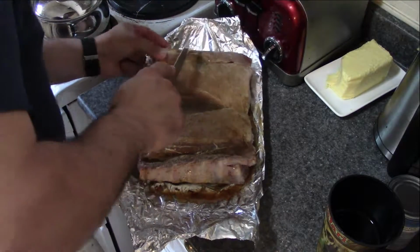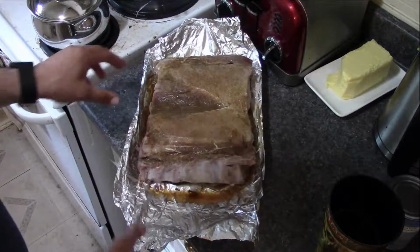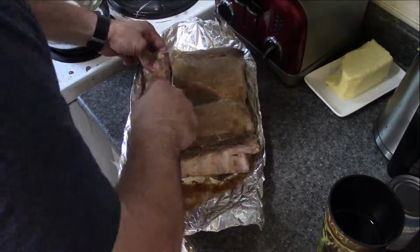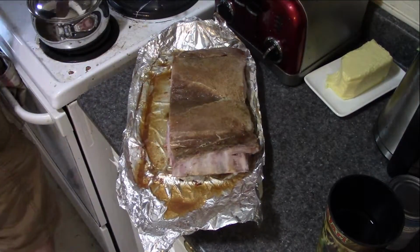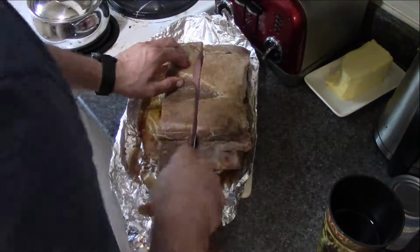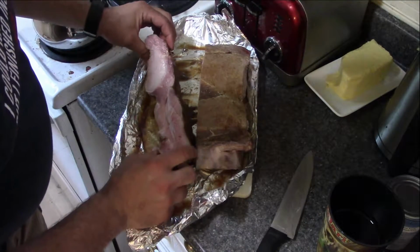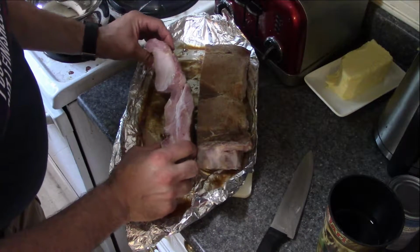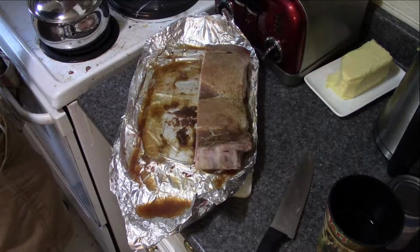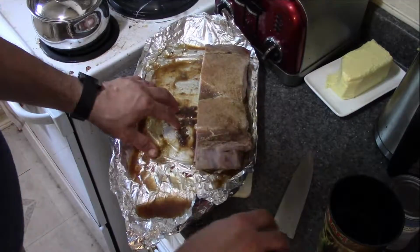So I'm going to cut this into two-rib pieces. One of the good things about cooking at a lower temperature is the way that the muscle fibers react. They don't break down as much. So when this goes on the grill,